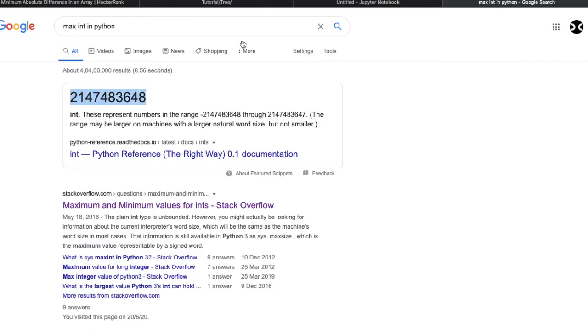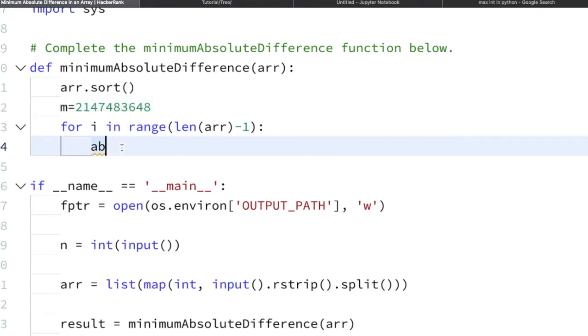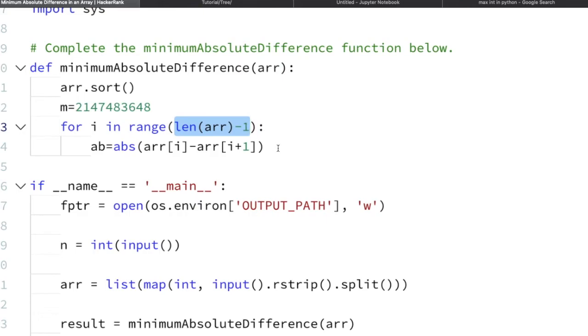Let us first initialize it with this maximum value. Now the absolute value will be the absolute of array of i minus array of i plus 1. Here we are checking array of i plus 1, the next value. That's why we have written range up to length minus 1.